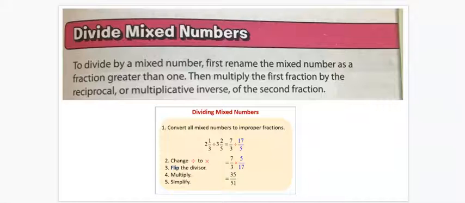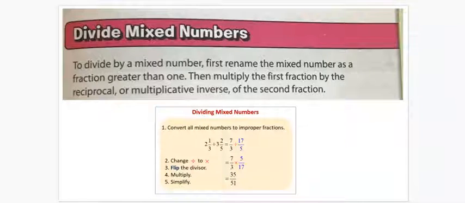So next section, dividing mixed numbers. So when you divide mixed numbers, you first have to rename the mixed number as a fraction that's greater than 1, so as an improper fraction. Then you can multiply by the reciprocal or the multiplicative inverse, which is the keep, change, flip method. So in any problem, you have to convert all mixed numbers to improper fractions, and then from there you follow our keep, change, flip method